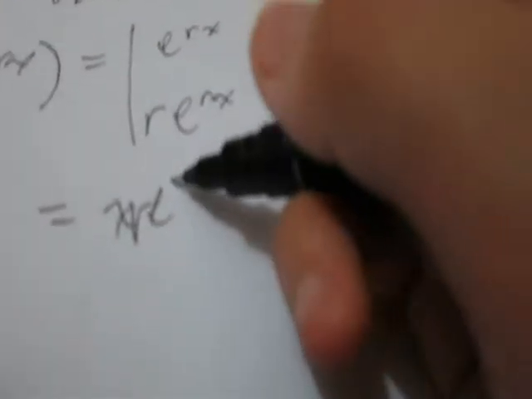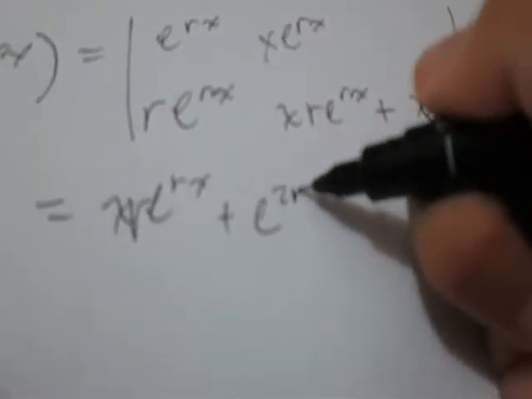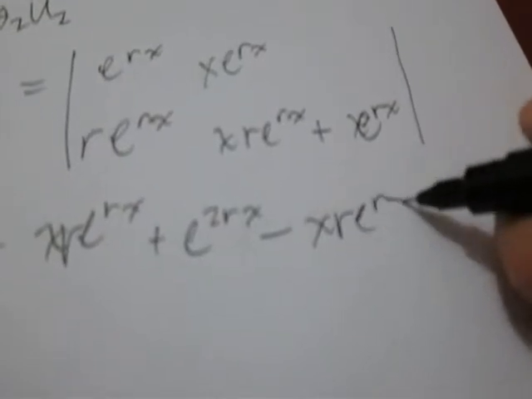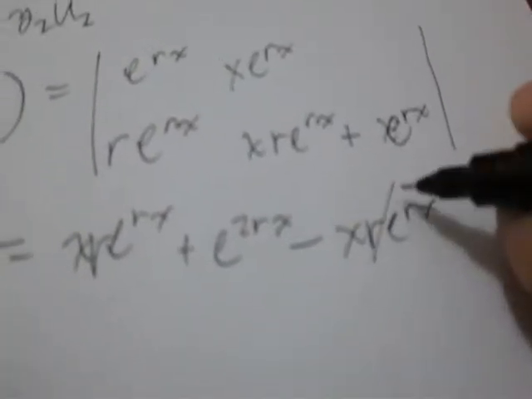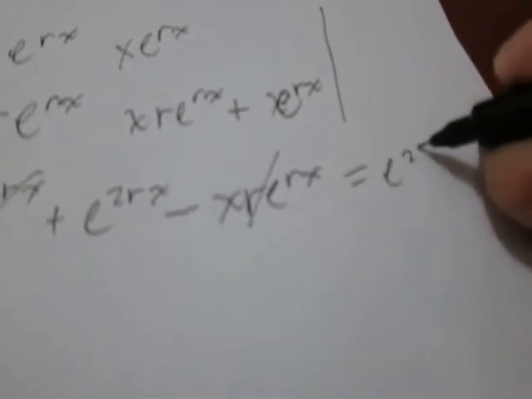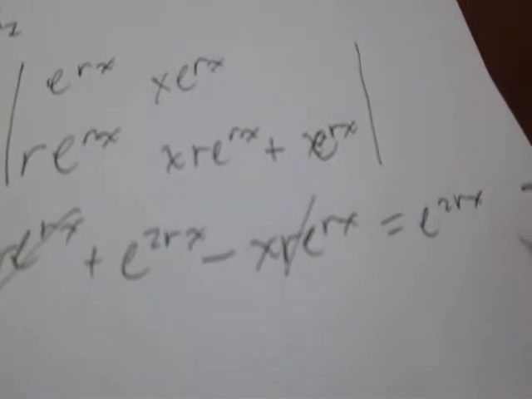And we have e to the power of rx plus e to the power of 2rx minus x e to the power of rx, and this will cancel out, so we only have e to the power of 2rx, and this is the value of our W. So now we get our W1,